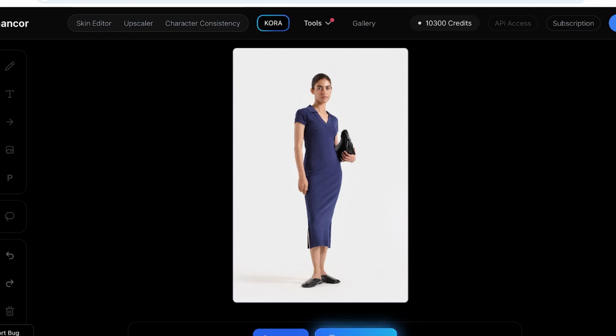So this is how simple and easy it is to get started with using Draw to Edit on Google's Nano